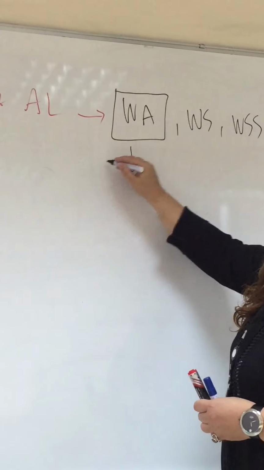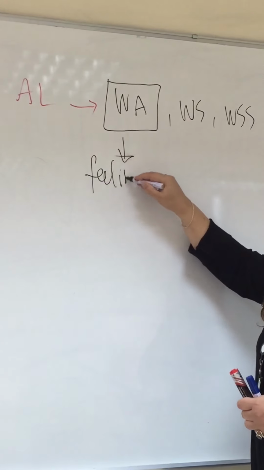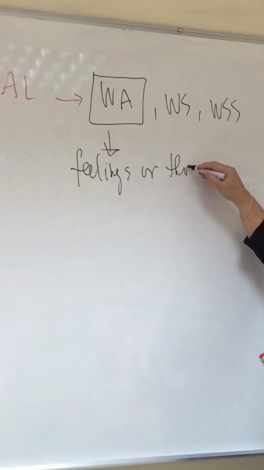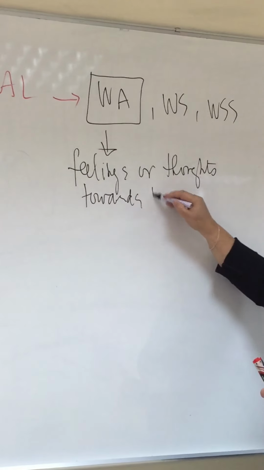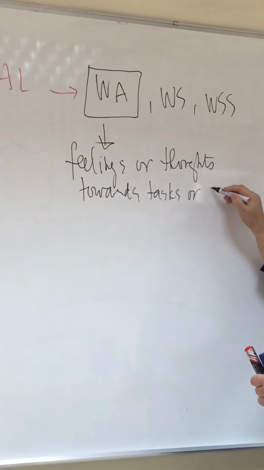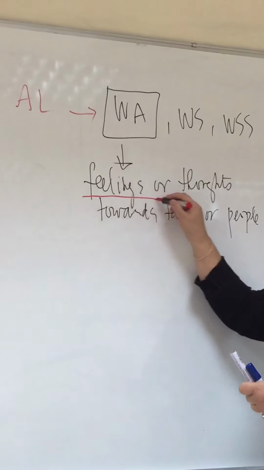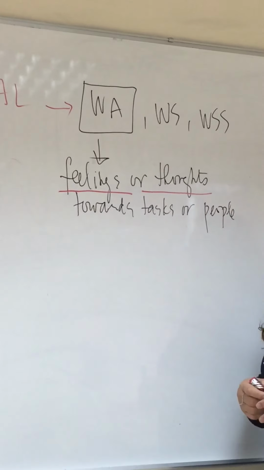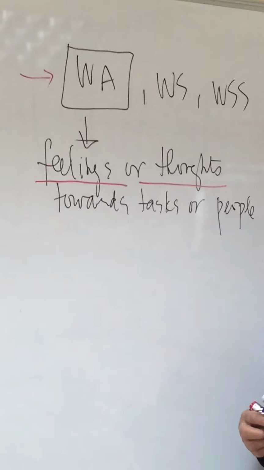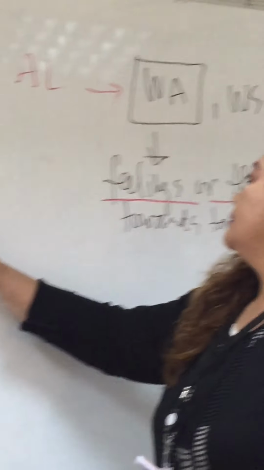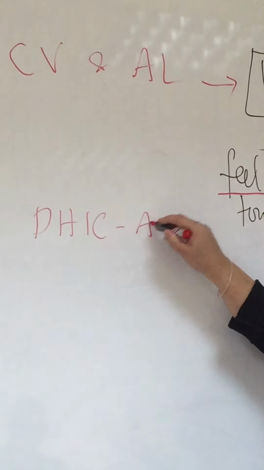Now, your WA is defined as your feelings or thoughts towards tasks or people. Our keywords here are feelings or thoughts because they refer to how we behave in front of people and toward our work. And under the WA also, we have these 6 attributes, and we will be guided by our acronym